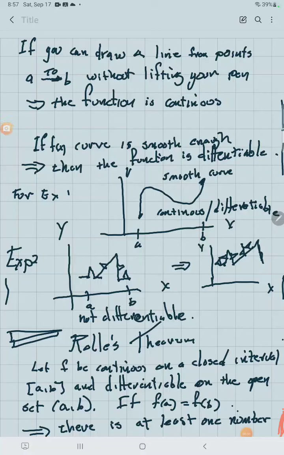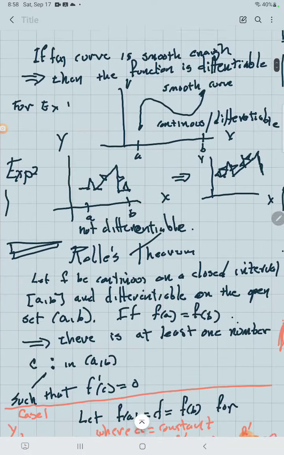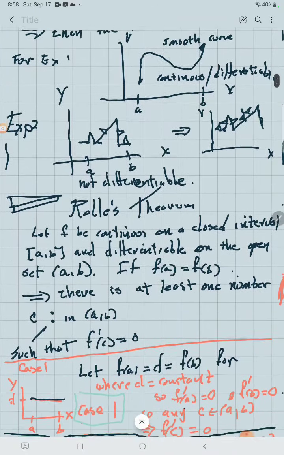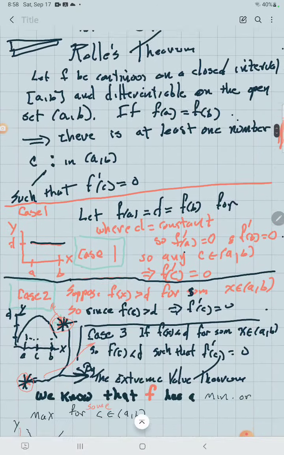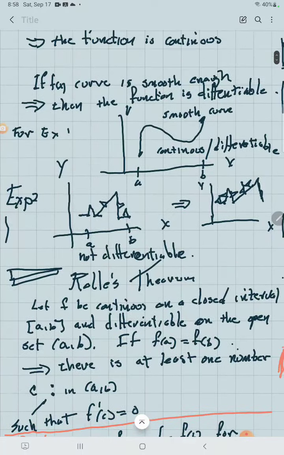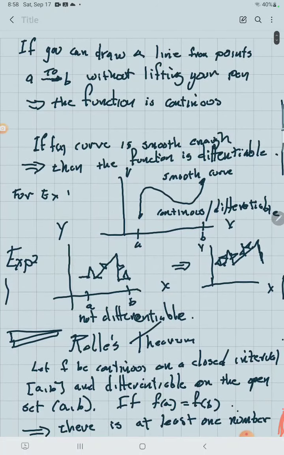I'm teaching a course in calculus remotely, and this is the first semester, so I'm going over some of the things that we require. In particular, I'm going over Rolle's theorem and what they call the mean value theorem, and then there are some theorems that we use in addition. So I'll go over that as we go through this. But basically, I'm trying to start from scratch as much as I can,